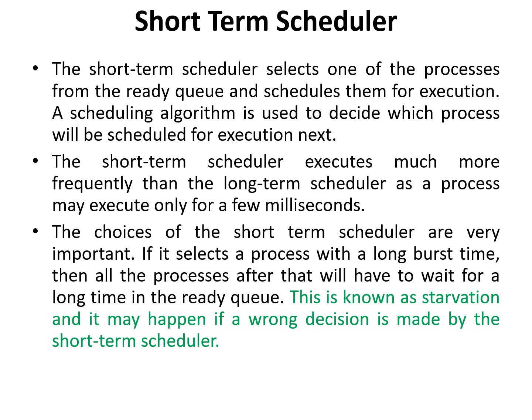From that point, the whole system is going to hang, so that we can't do anything in that situation. It's called starvation. It may happen if a wrong decision is made by the short-term scheduler. What they are trying to say here means, first, in the first point, the short term, what is the job